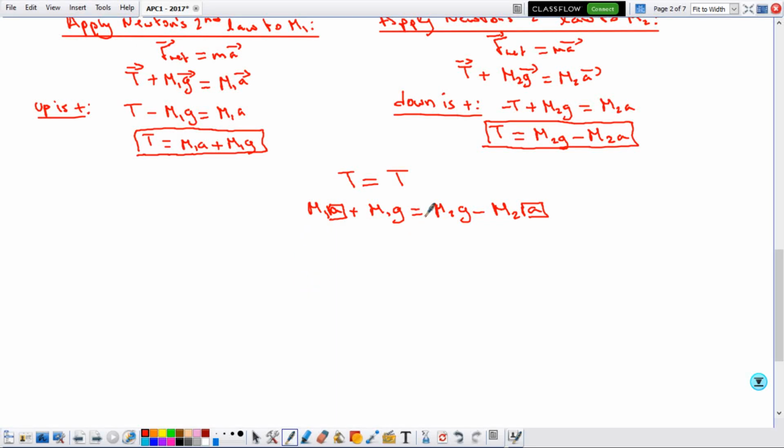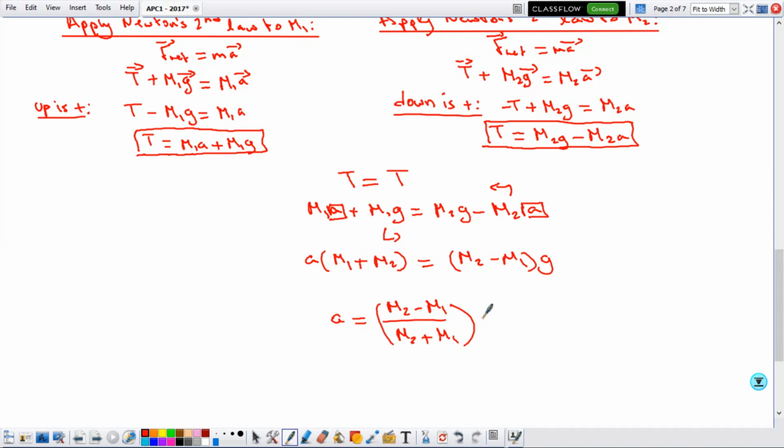So what's the type of this equation? This is a linear equation. We drag this to the left and this to the right, factoring the acceleration. That would be M1 plus M2 equals M2 minus M1 multiplied by G. Then the acceleration indeed is given by the fractional mass, M2 minus M1 divided by M2 plus M1